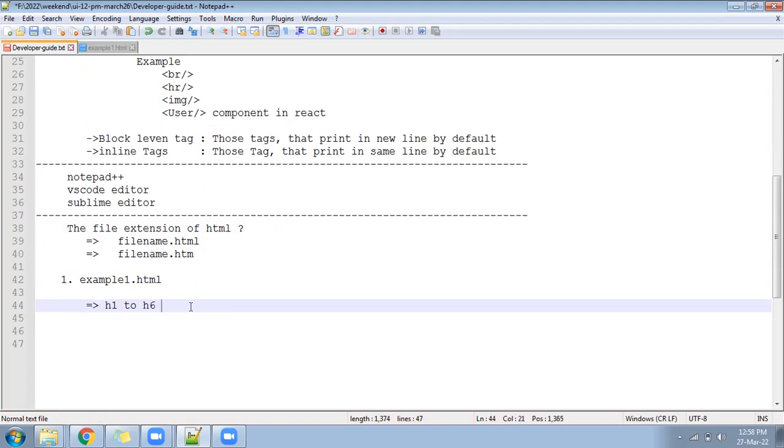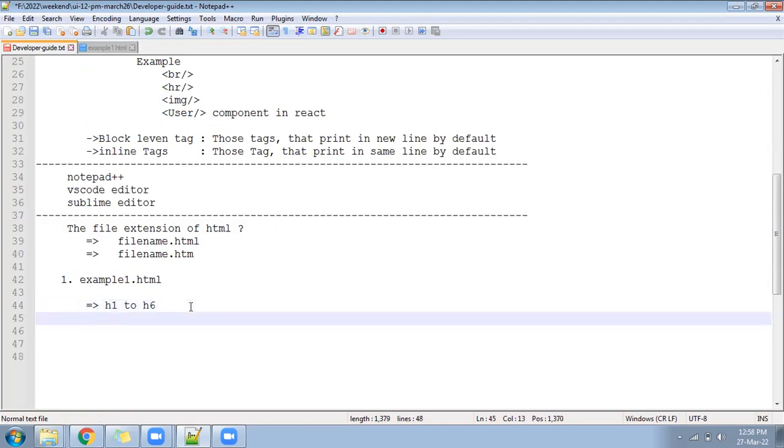H1 to H6 tag. We can write here, it is used to create the heading of web page. In each page, H1 is required minimum and maximum